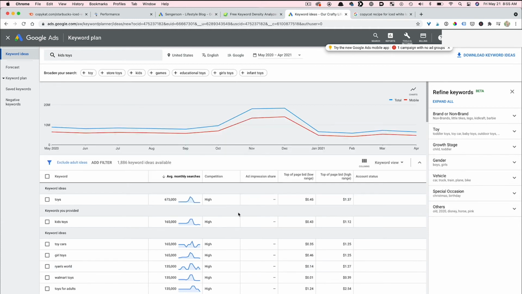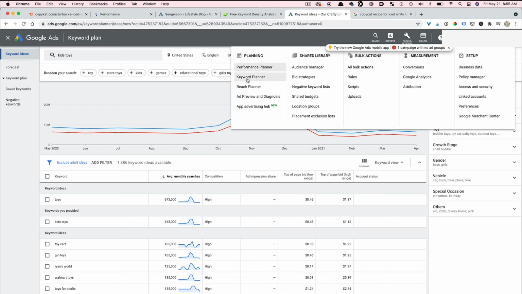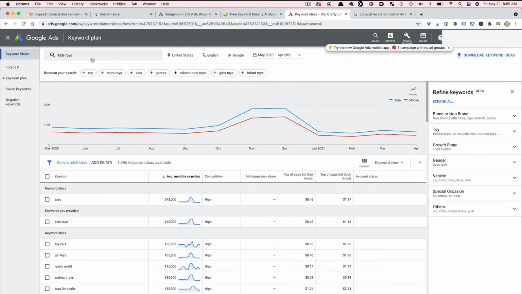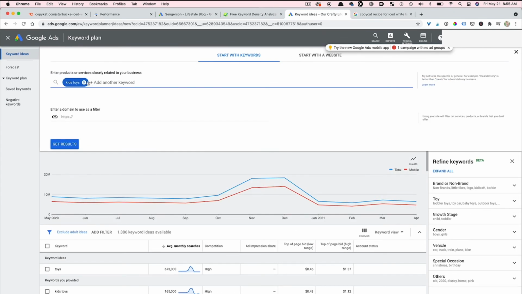So here I am in the Keyword Planner tool. Again, all I did was go to tools and then Keyword Planner tool. And then what you can do is actually go in and search for key phrases, right? So if I wanted to search for, I don't know, white chocolate latte. Again, this tool is actually made for people who want paid search traffic.